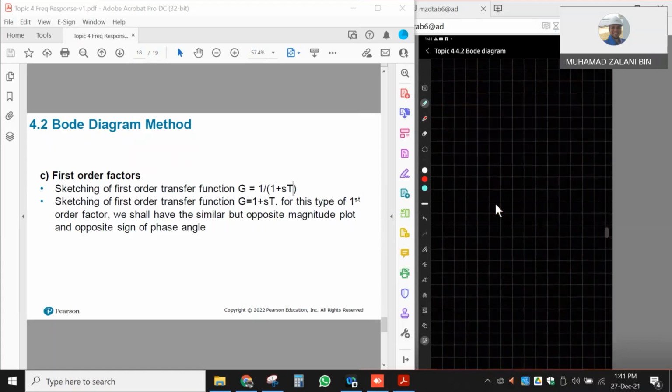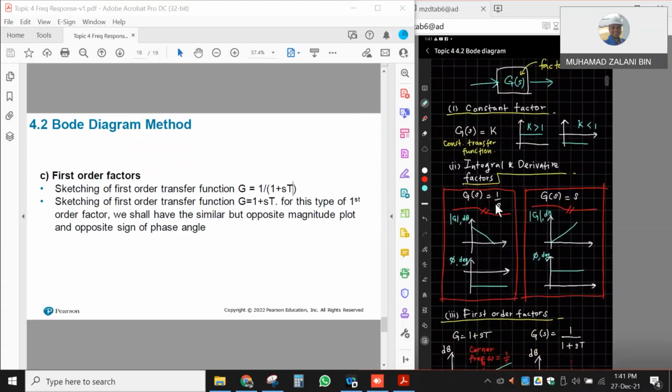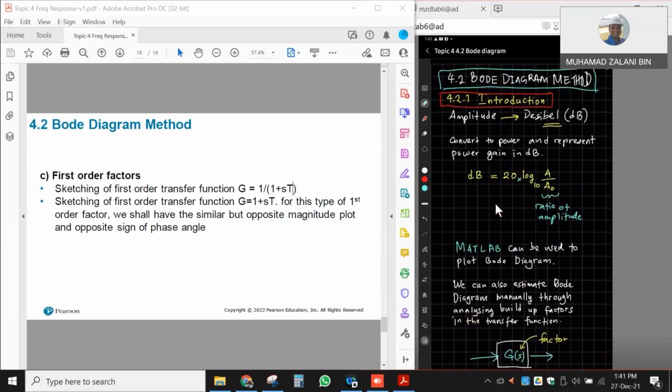So that is actually the discussion about the Bode diagram method. In our next session, I will show you by example how we can plot the Bode diagram, so that it is much easier for you to understand. I will stop this video at this point